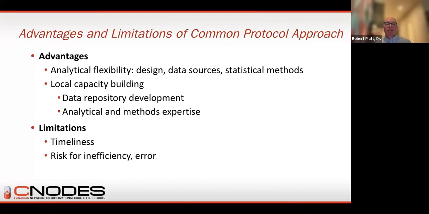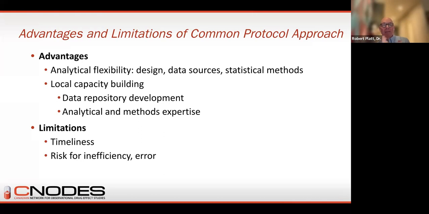So the common protocol approach that CNODES has run in the past has some advantages. Primary advantage is its analytical flexibility. You can start with a protocol that you then can design essentially any way you want, because you're just designing individual studies. You can design it to reflect different data sources within each site. You can design it with essentially whatever statistical methods you want, as complex as you want, because you're designing a single study. It also provides local capacity building because the analytic work has to be done at the sites by site